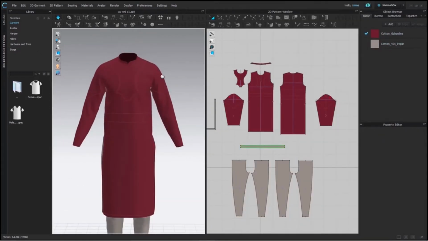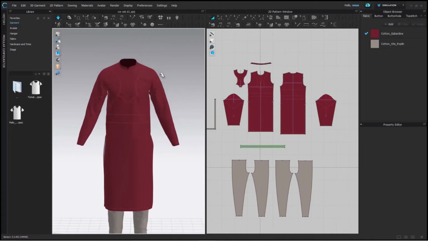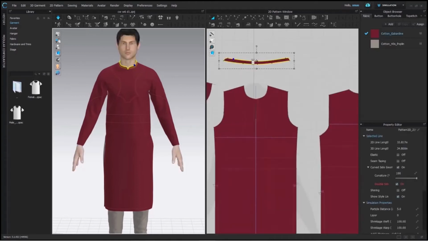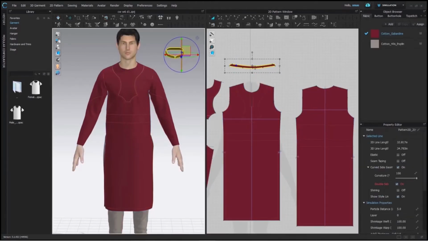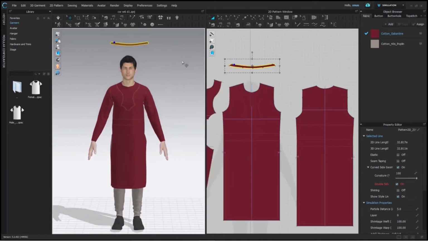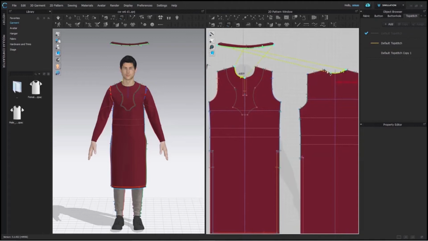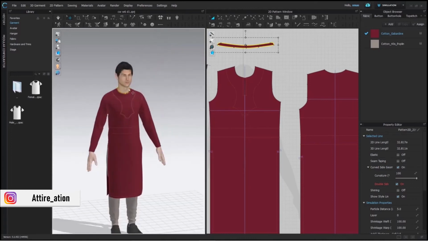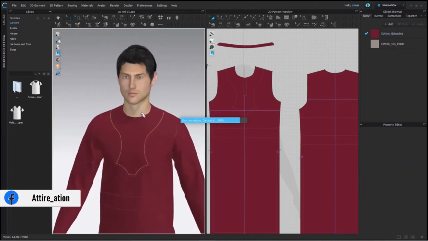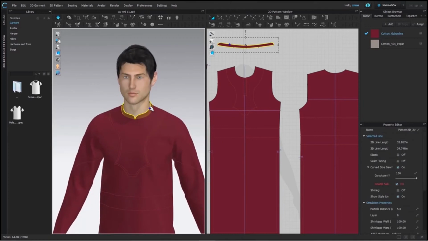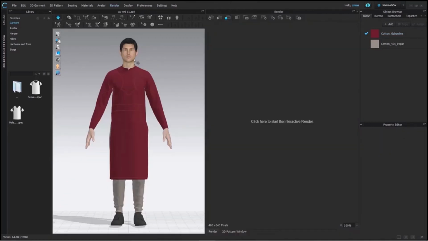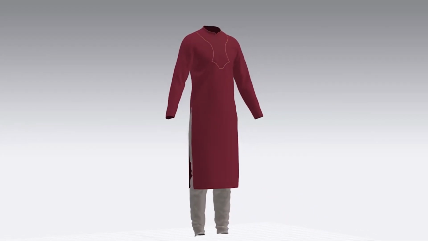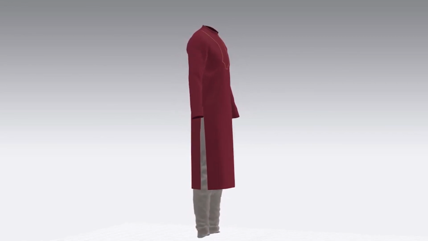Now we will use our last impose option, that is side. For this, I will remove all the sewing of this collar and flatten it. Let me do the sewing again and use our last option. Our collar is all set, so try to simulate it. After over and under, side attachment is also done. This is the benefit of using this superpower to make your working easy and hassle-free.